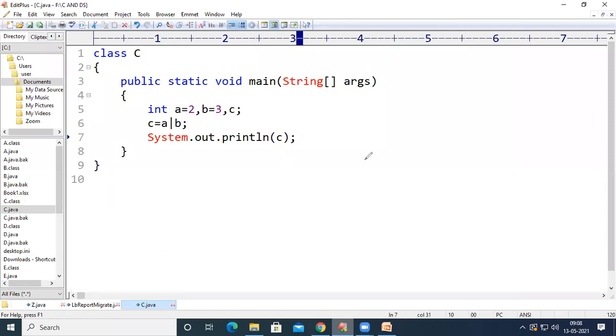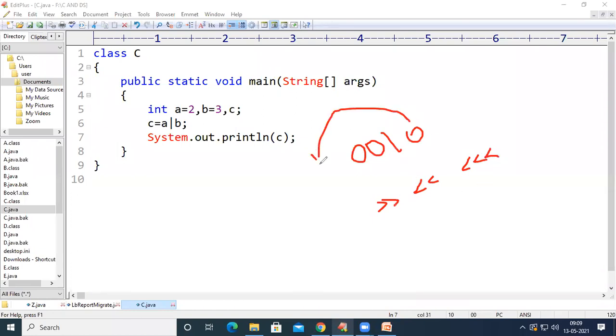If A equal to 2, then it is represented as 0010. If we apply shift right or shift left or shift right with 0, then what is going to happen is either this 0 will be shifted to here, and if we apply shift right, this 0 will be shifted to here. So the resultant will be 0100. So this is how these bitwise operators will work.